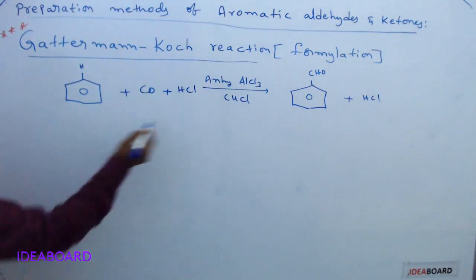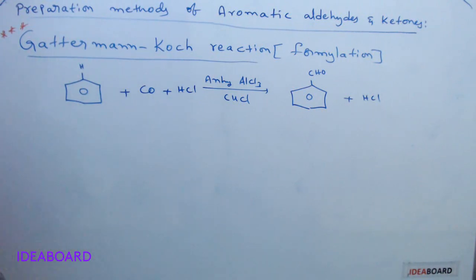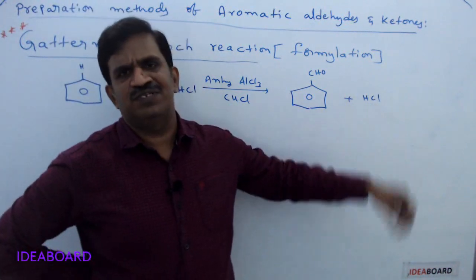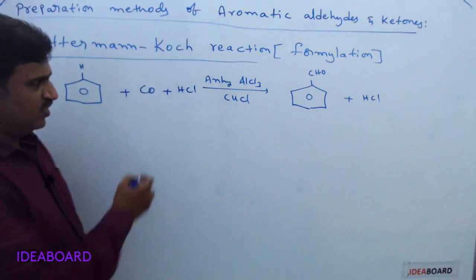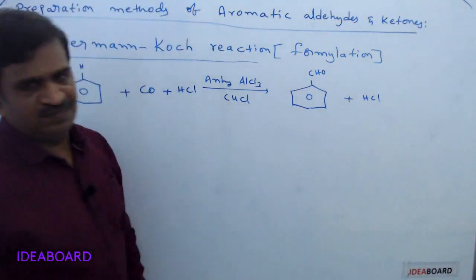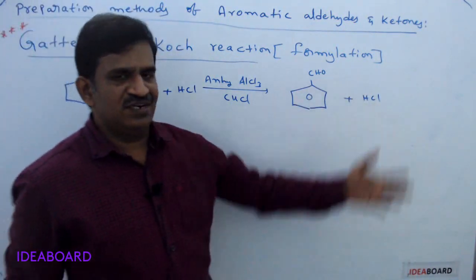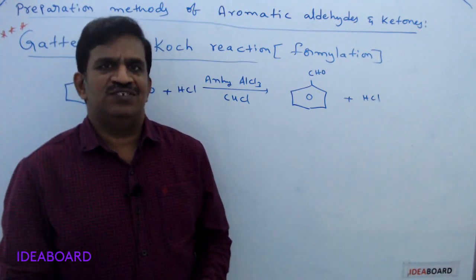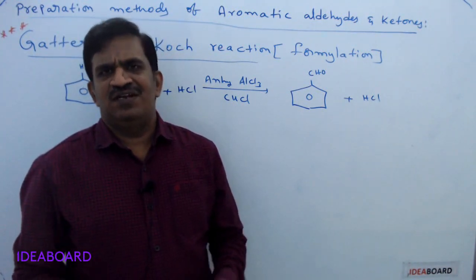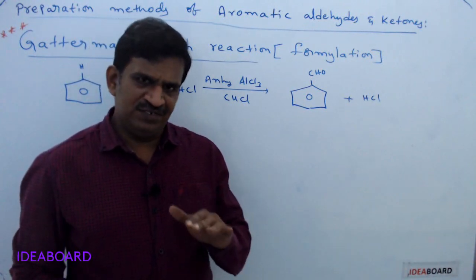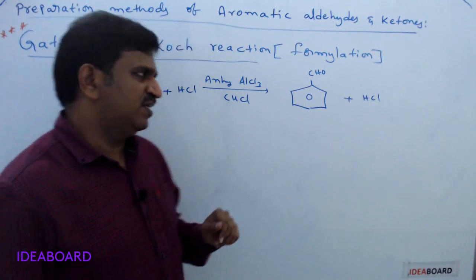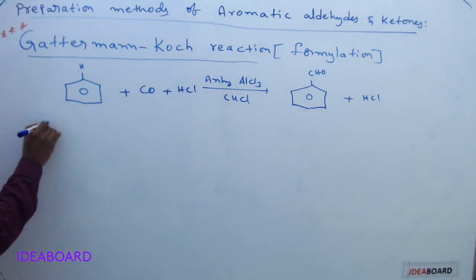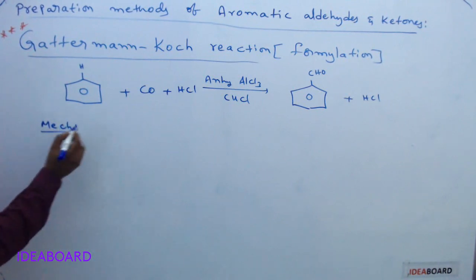Here, in the reaction, you may say: sir, you wrote wrong. HCl is present on the reactant side, and HCl is also present on the product side. Why two times HCl? We can cancel both, no? Why did you write it again, sir? Reactant side same, product side same, how is it possible? Generally we have a doubt like that. But if you see the mechanism, you can agree that this HCl is different from that HCl.